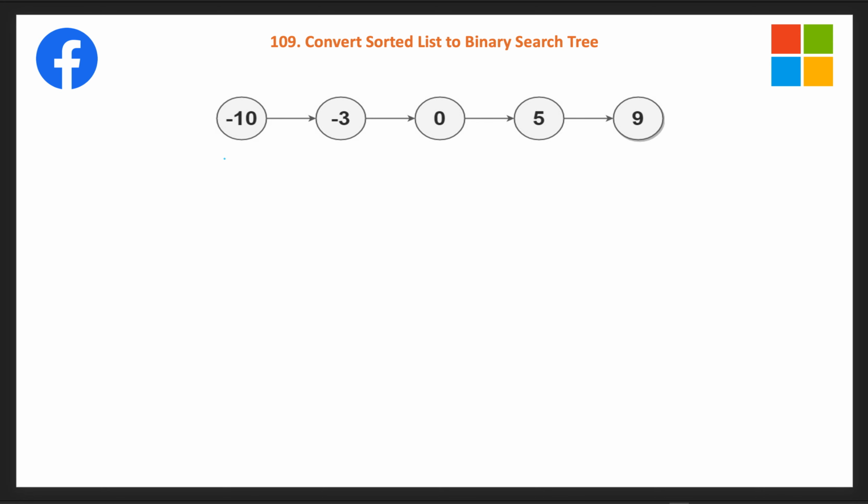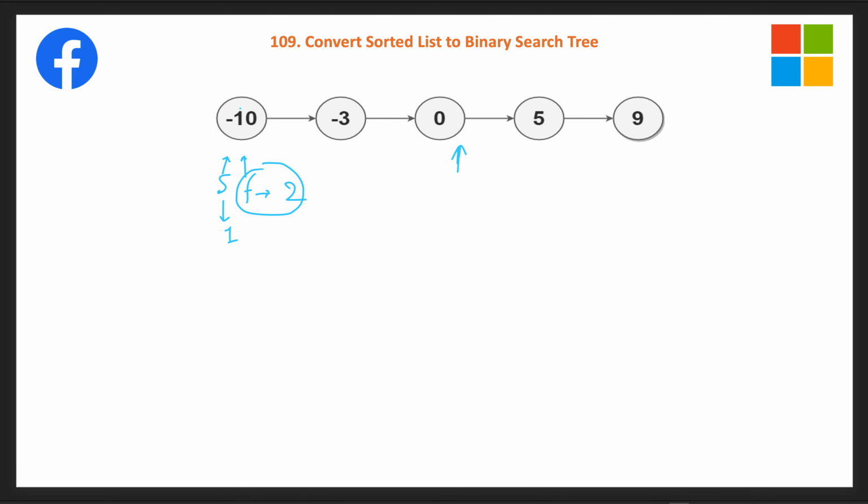First, from the head node we start two pointers and find the middle of this list. We can find the middle of a list using two pointers. We start one pointer, slow, from here, and similarly another pointer, fast, from here. The fast pointer we move two nodes ahead, and the slow pointer we move only one next, in every iteration. As soon as our fast reaches the end of the list, either fast is null or fast.next is null, our slow pointer will be on the middle of the list.